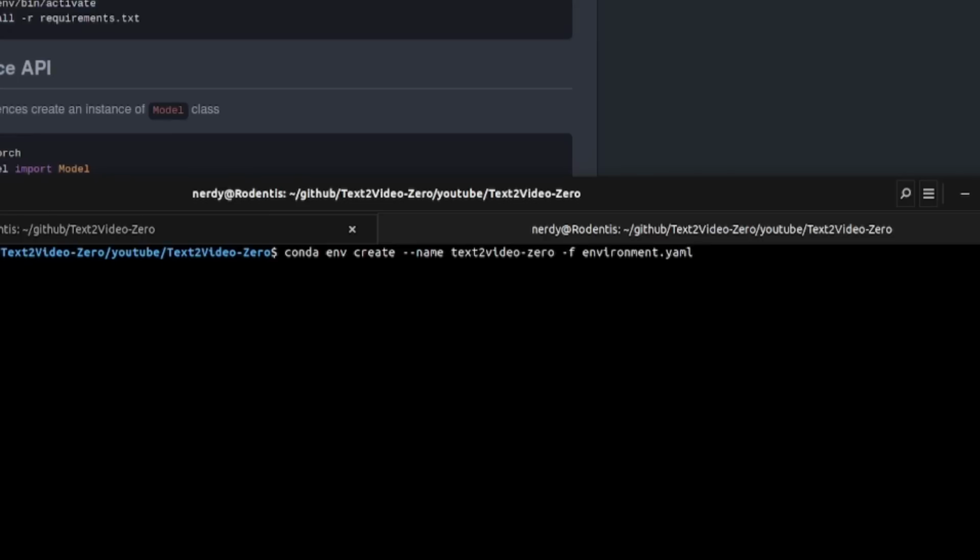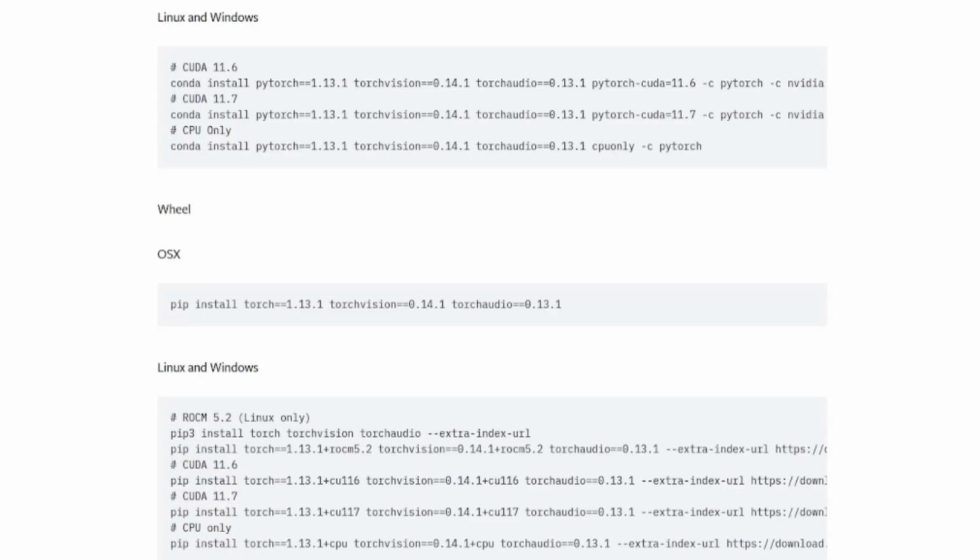If you prefer 2 lines over 3, they have also provided an Anaconda environment file, so you could use that option as well. If you want to do that, you can just conda env create --name, whatever you want, and then -f environment.yaml. If for whatever reason you have any issues with PyTorch, the first thing I would suggest is to make